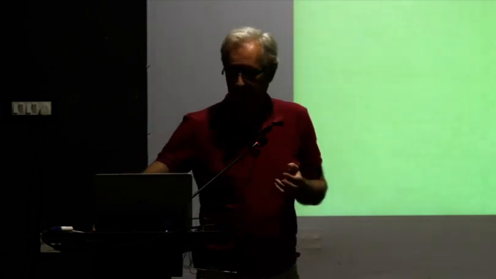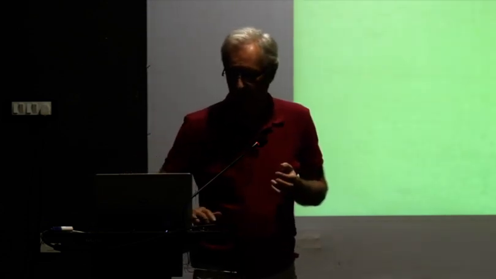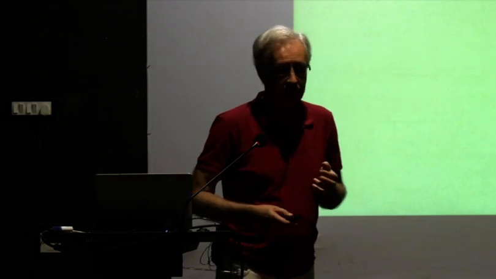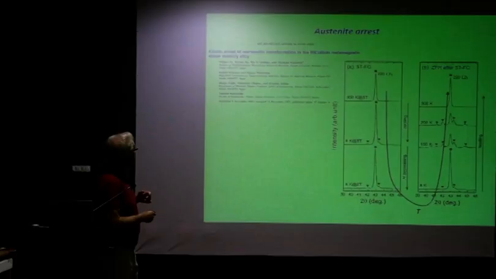Now, one of the first experiments on this phenomenon was performed by a Japanese group on a nickel, cobalt, manganese, indium system. So what you do is you apply a magnetic field of